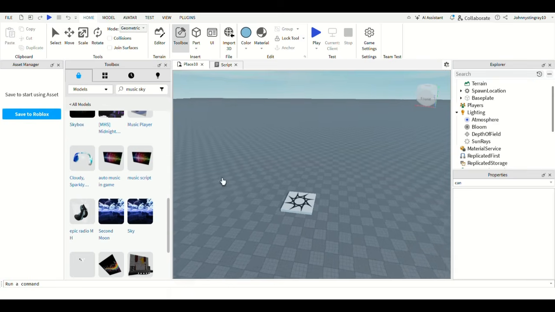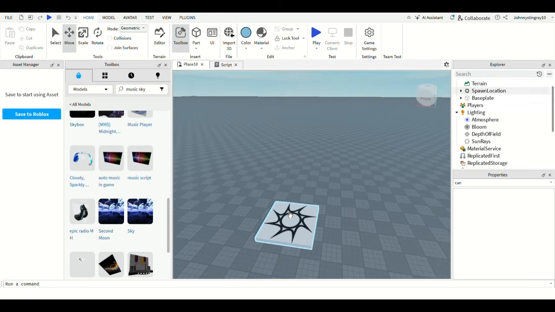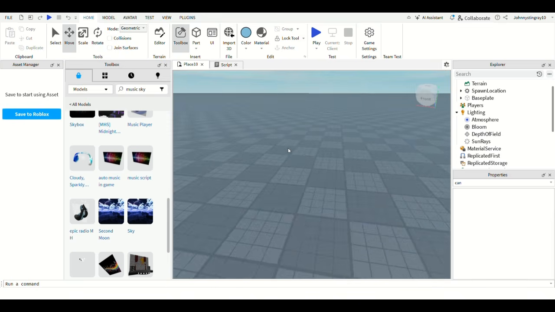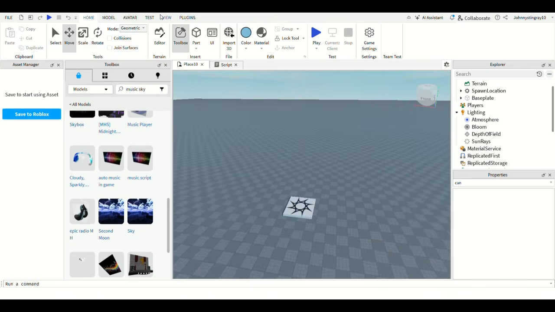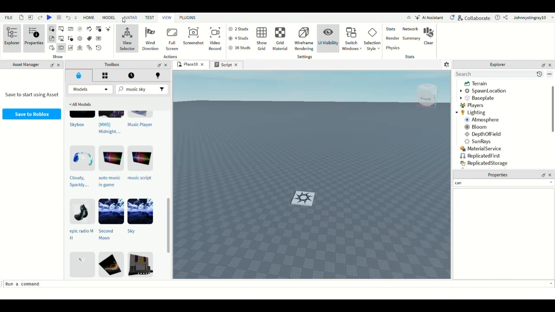Today's tutorial will be showing you guys how to run your own admin abuse, because games like Steal a Brainrot and Grow a Garden all have admin abuse and stuff, and I'm going to show you guys how to do this. So the first thing you want to do for an admin abuse event is you have to go to